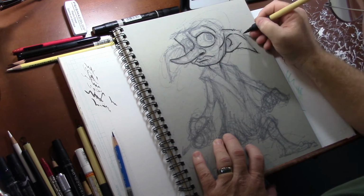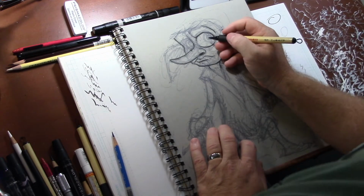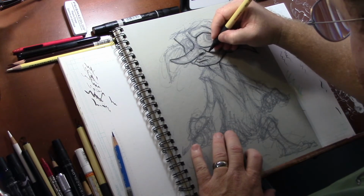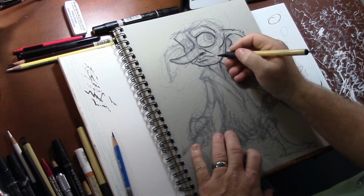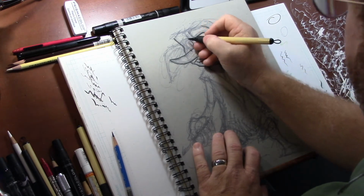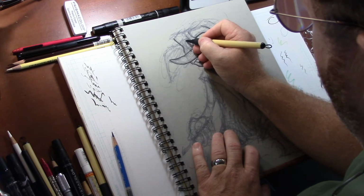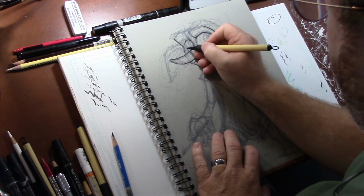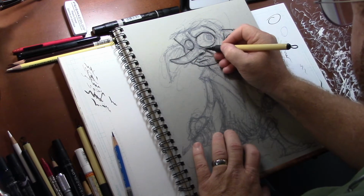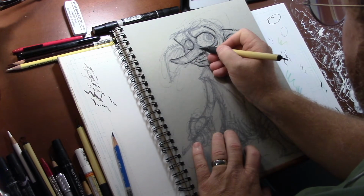So the hair's coming out here and there. And I'll go back in with the other marker pen and start kind of placing in some of my lines. Alrighty. Okay, get this eye cavity that comes around, a little bit darker, a little bit wider. Comes around. You know, Dobby's got some baggage that comes around here that we need to accentuate just a little